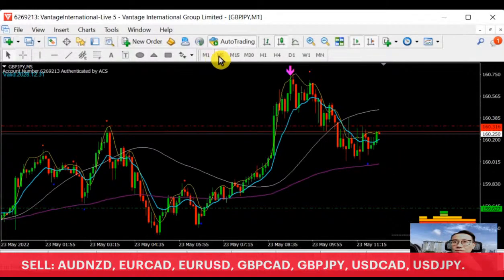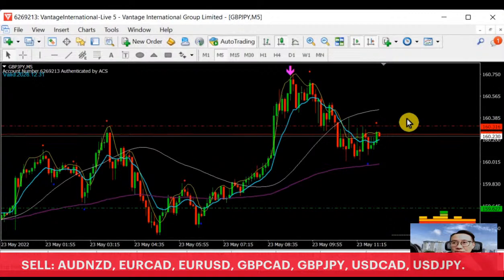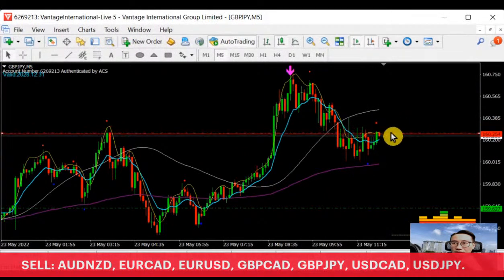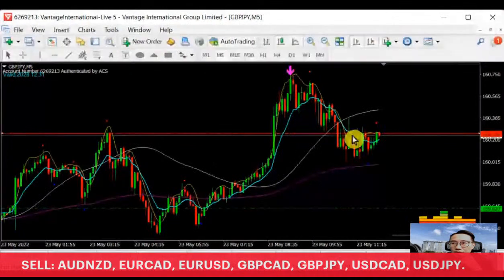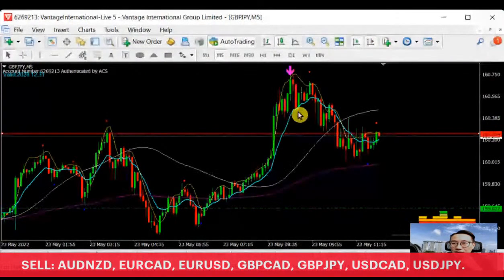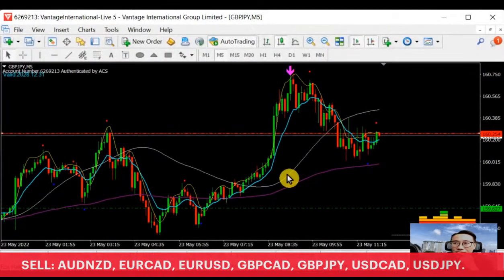So right now, let's see. It's coming again near the resistance area, but it's not breaking. As you can see, another one, coming back lower down. Can you see there's a resistance? A lot of touches here. Correct, a lot of touches here. So yes, it looks good to me.